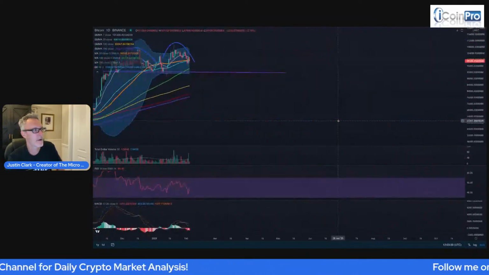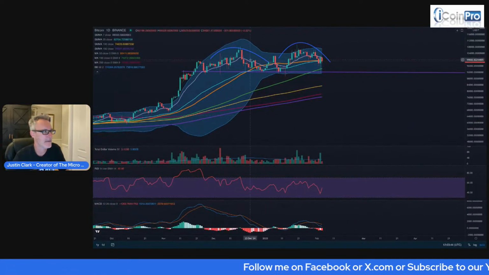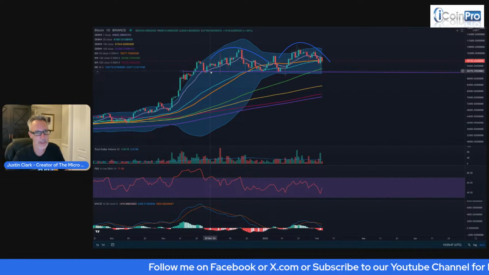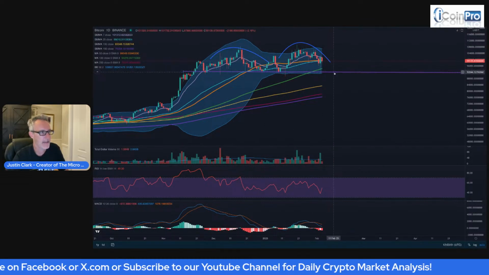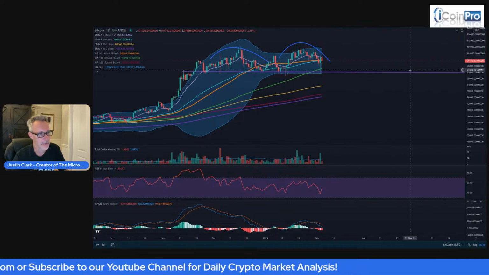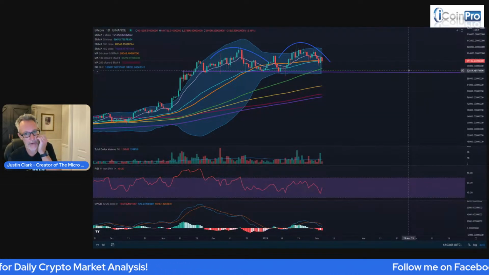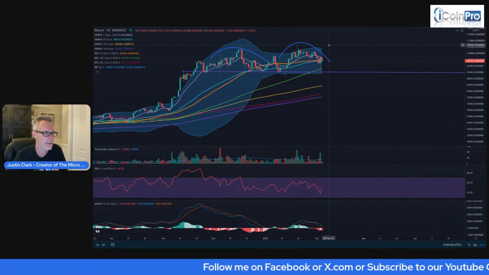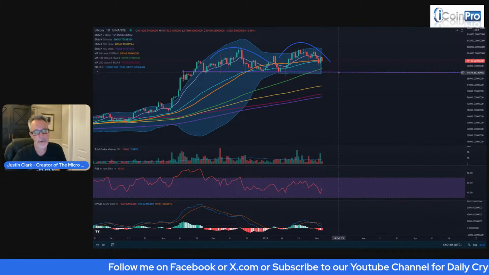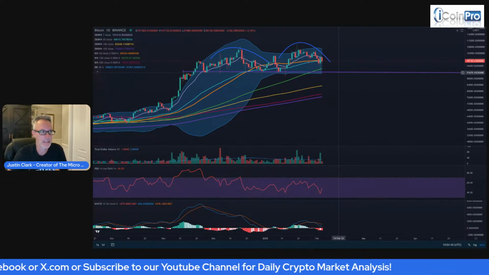So right now, where are we? Well, we're watching what could be a head and shoulders formation. So think of it this way. This is a shoulder, this is the head, and then if it plays out, we'll make another shoulder. And they consider this in traditional trading a bearish pattern, which means they would expect it to break down and reverse the trend that we've had going, if it plays out that way. Will it play out that way? No clue. I don't predict these markets. I just react to them.